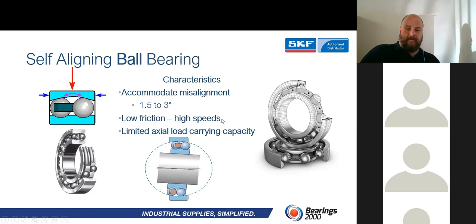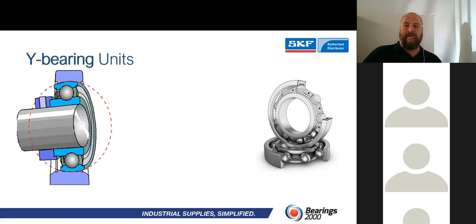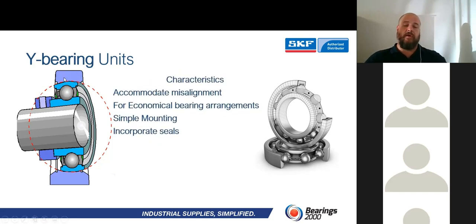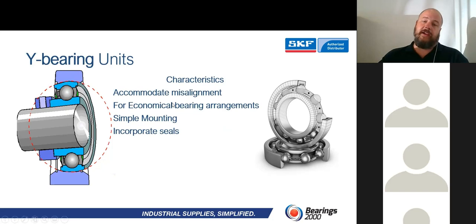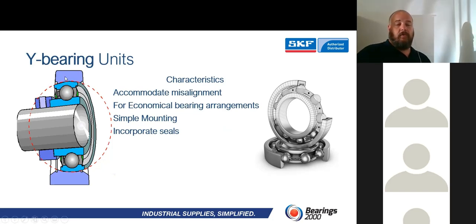Okay, lovely bearing that. Having a look at the next one, the Y bearing units. You guys know them as pillar blocks, flange units, or UCFs, UCPs, etc. That is in actual fact only a deep groove ball bearing within a housing, and the housing is the actual magic of this bearing. It can accommodate your misalignment within the capability. If it is a lubricating unit, meaning you've got a little nipple on there and you have a lubrication schedule, you'll get 2.5 degrees of misalignment out of this one.